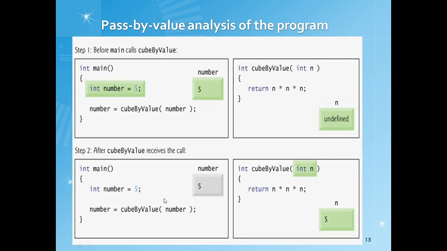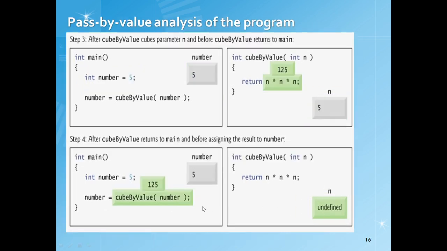In the second step, when the function is called, it sends a copy of the 5. So at that time n is 5. In the third step, main is still 5, but inside